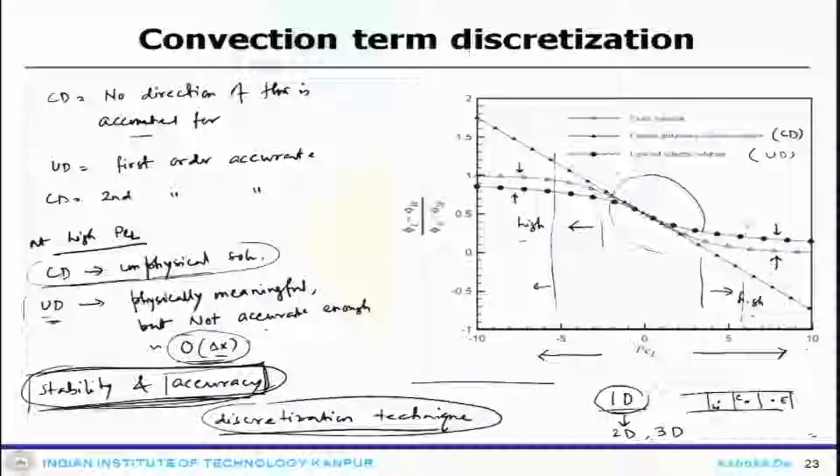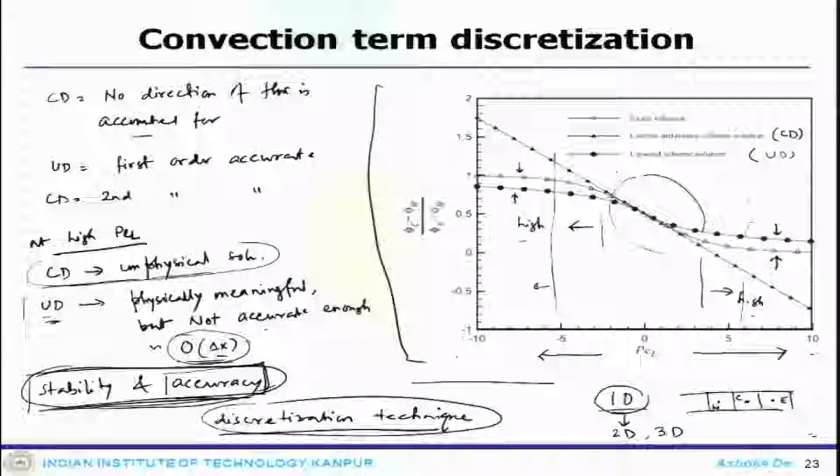Right now our discussion is on convection diffusion systems. Where we have stopped so far: we started with a one dimensional system and looked at the discretized equation for a convection diffusion system, and we looked at the central difference scheme and the upwind scheme, and also compared their accuracy against the analytical solution. If you recall from the last lecture, this is where we stopped, and we have seen this particular figure which shows the